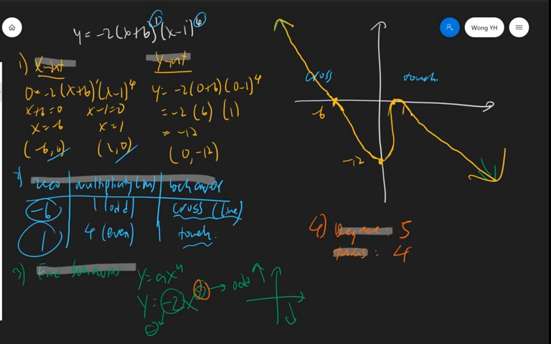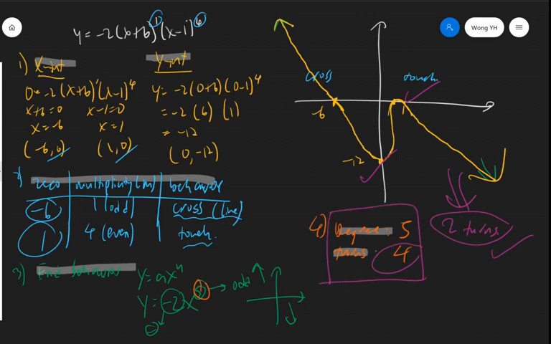So this graph shows how many turns? Let's do the counting. Number 1, number 2. So this graph only shows you 2 turns, but is it correct? We found that it has 4 turns, but the graph that we drew only has 2 turns, so is it correct? So basically